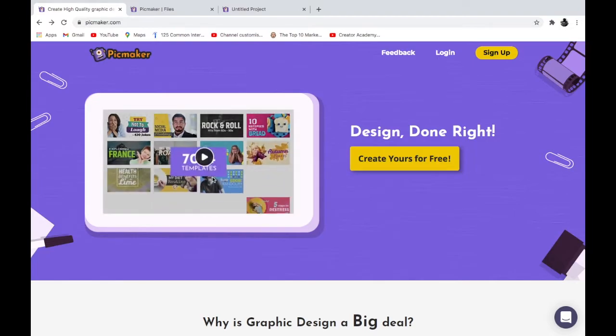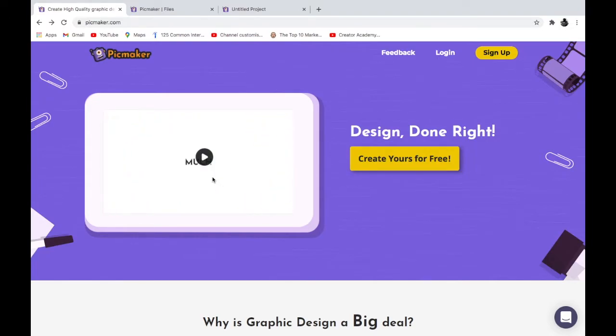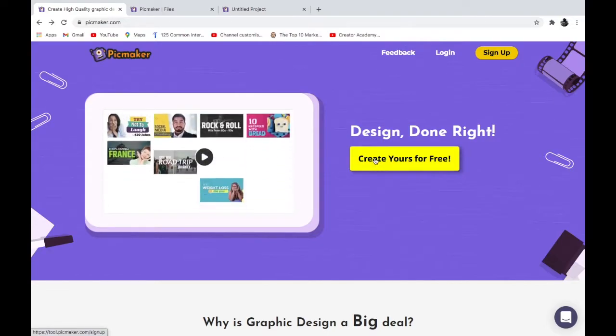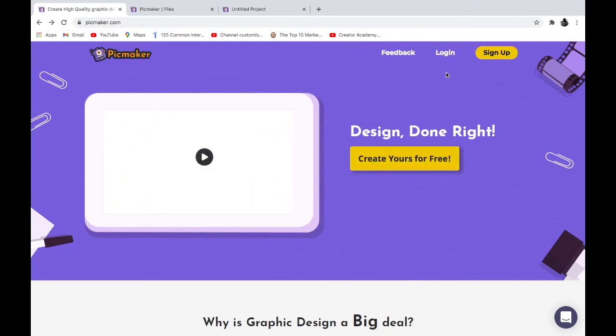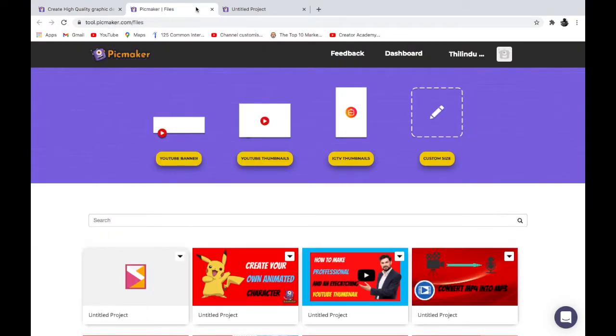And guys, the website we're going to use today is PicMaker, which is a product of Animaker. The link will be in the description below. First, what you have to do is sign up to animaker.com from this button right here, and then this page will open up, which is the dashboard. After you're in the dashboard, as we are going to make a thumbnail today, click on this YouTube thumbnail. Click it,